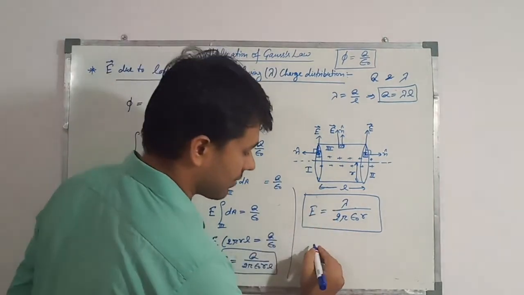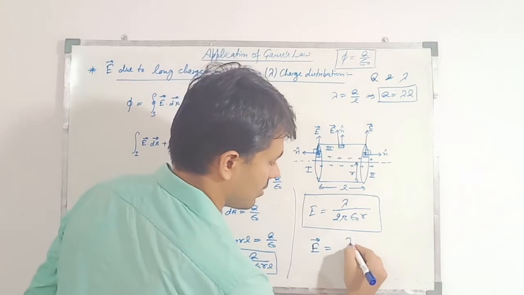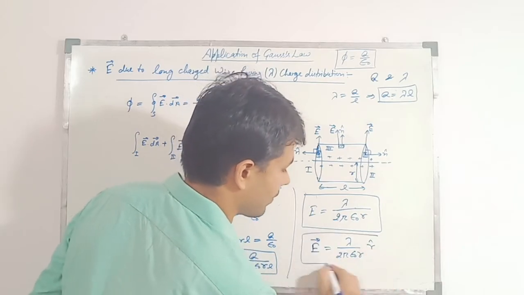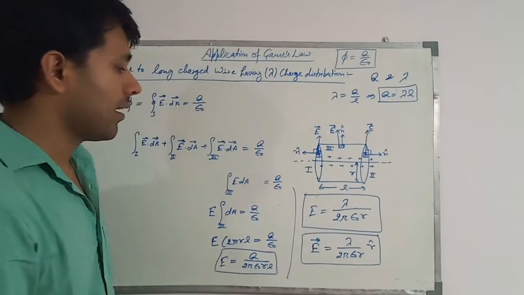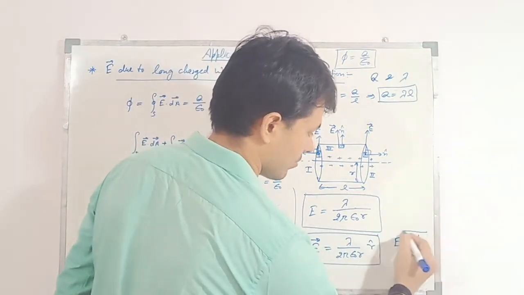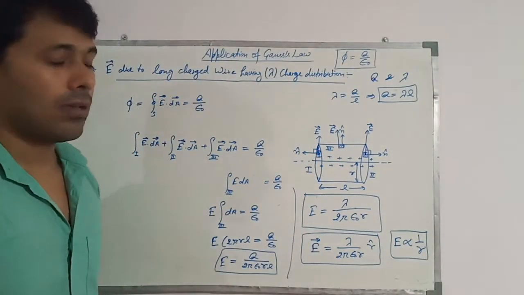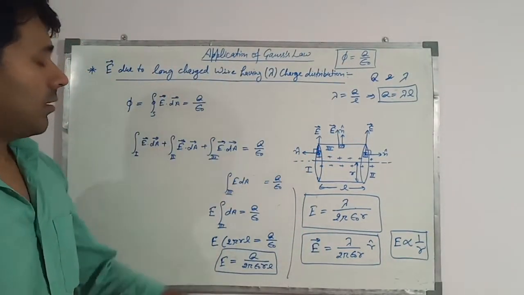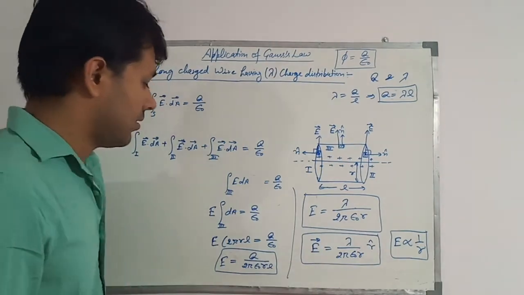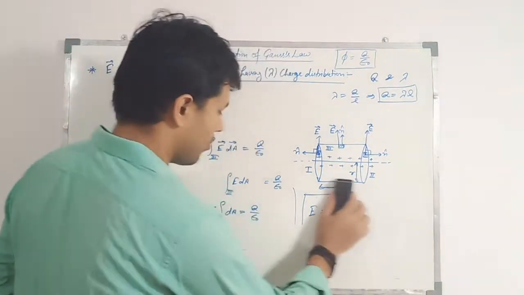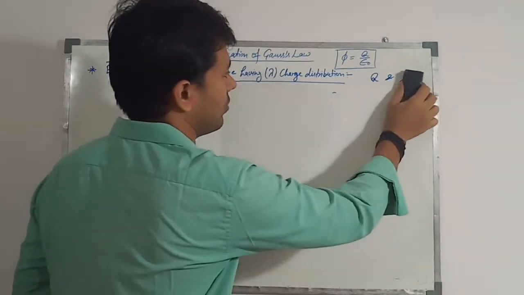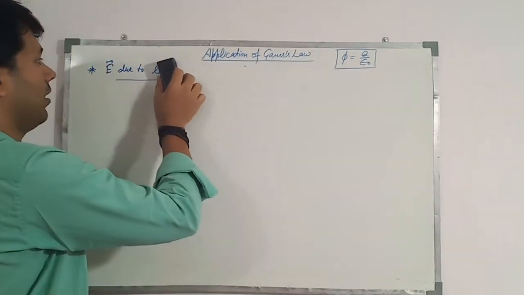and the direction of the electric field is what? E is equal to lambda upon 2 pi epsilon naught R, in the R cap direction. Here we can see that the electric field intensity for a wire is inversely proportional to R, right? This is the electric field due to a long charged wire. Now the second application, I hope it is easy and you will be able to do it very well, and you must have understood it.